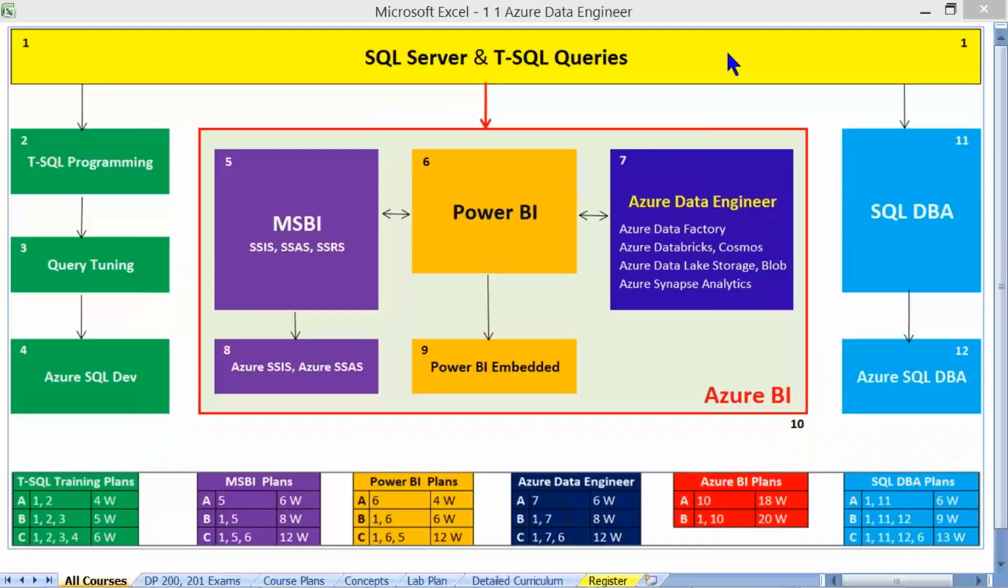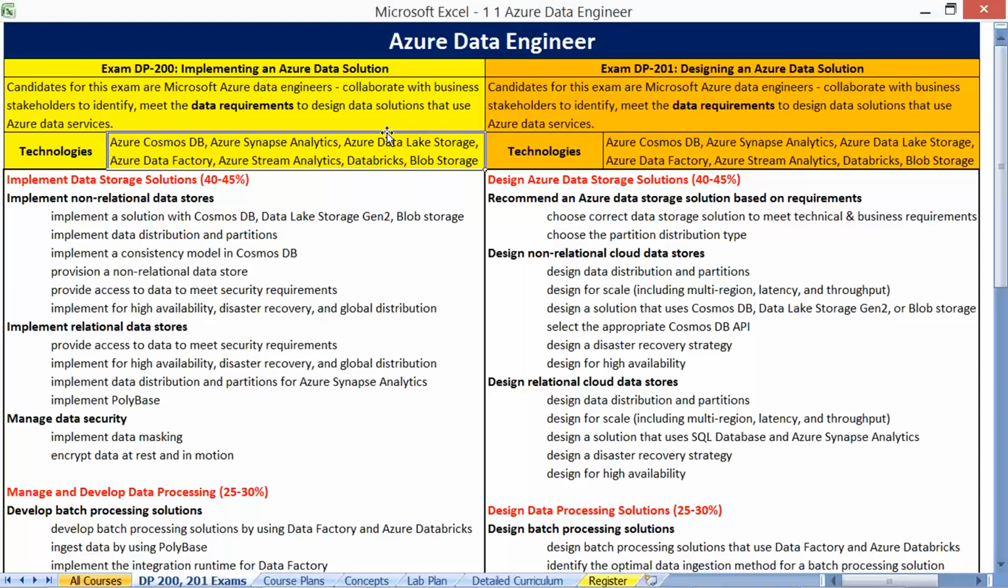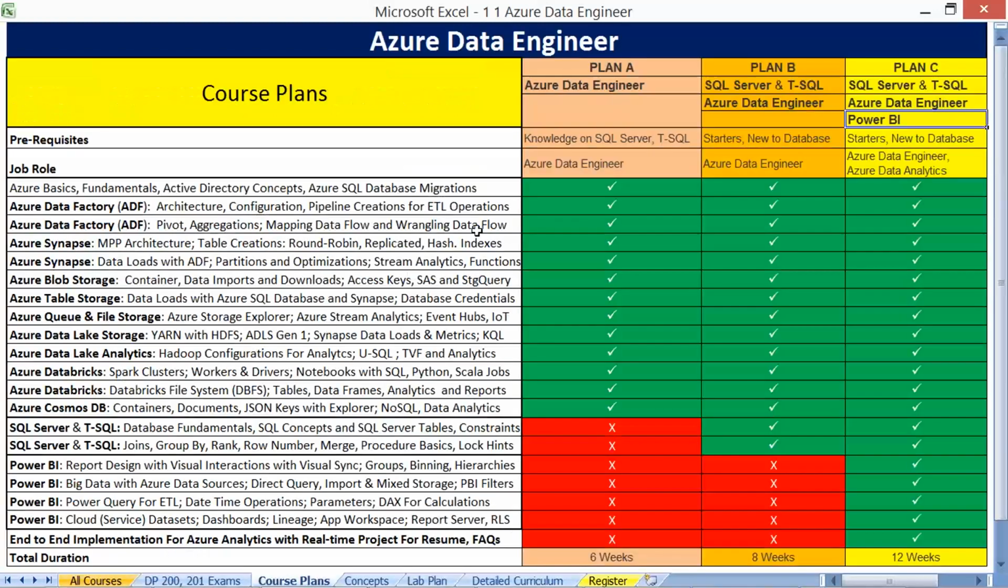This particular course, the Azure Data Engineer training program, box number 7 in this diagram, the complete course roster is carefully planned as per the DP 200 and 201 certification examinations. And this course involves 3 different plans. Plan A, core data engineer, includes right from the Azure basics and fundamentals to data factory,